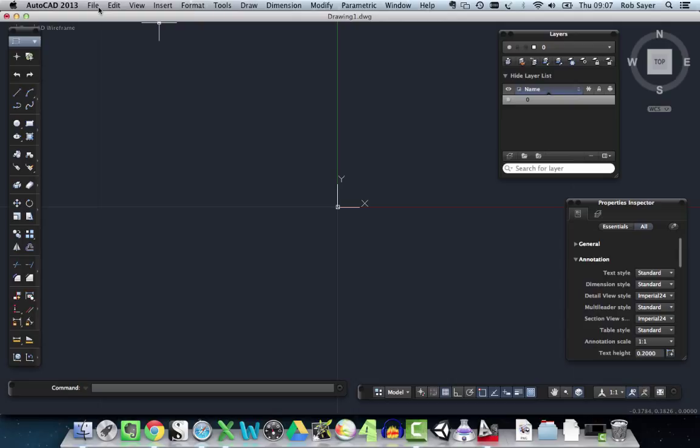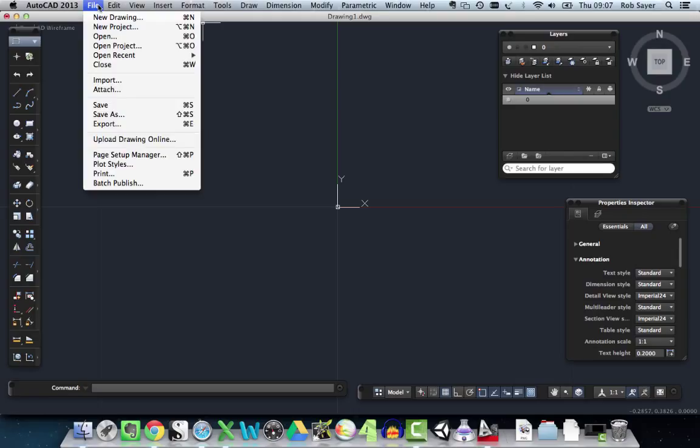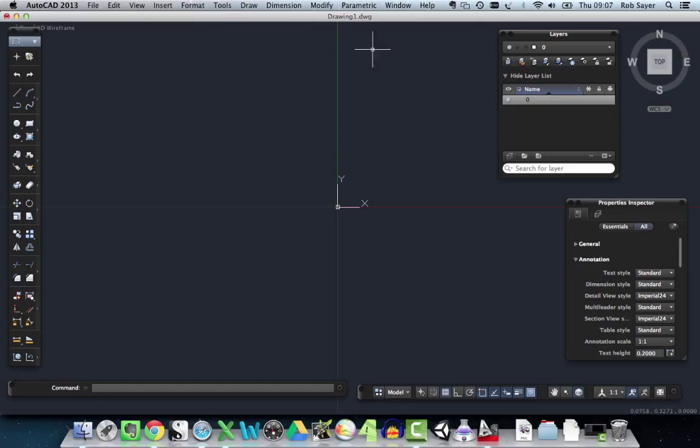Basically just click away through all that, because what you want to do is to start a new drawing. If you don't have anything in front of you, you could always just have a quick go, and new drawing would be a good start, new drawing on new project, new drawing is a good start. So anyway, what I've got here then is a blank screen with some stuff on it,